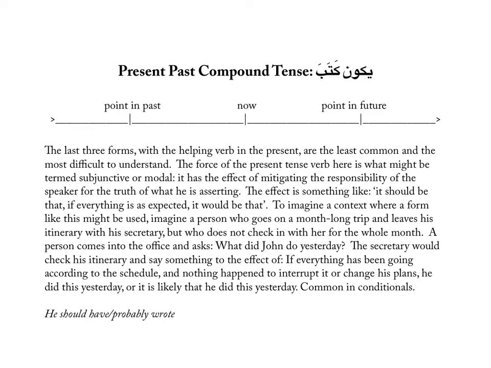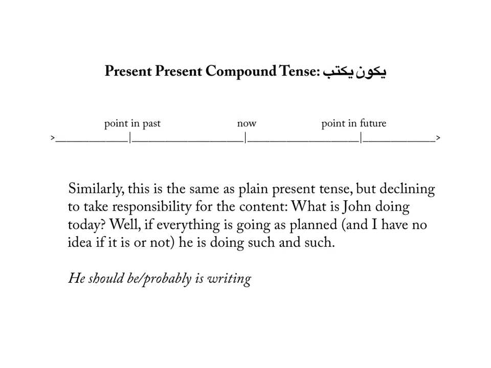This is very common in conditionals. So the idea is you say yakunu kataba is something like: it would be, if things are as currently understood, that he did this thing in the past. Okay, so he should have probably written. Similarly, a present yakunu yaktubu